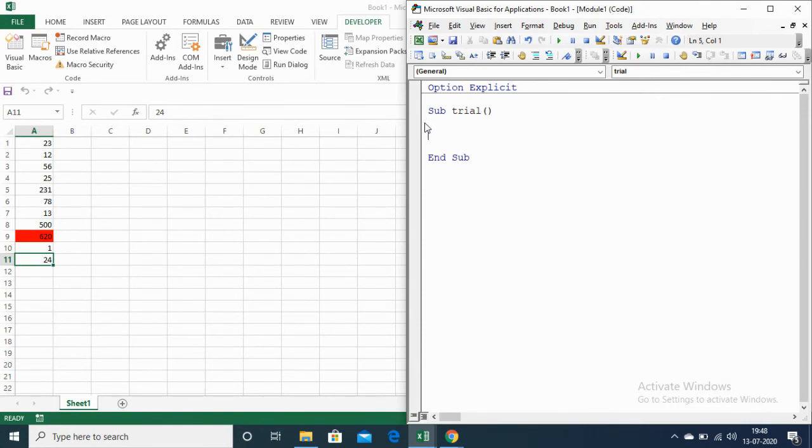So for that, Range("A1").End, so it will go down.